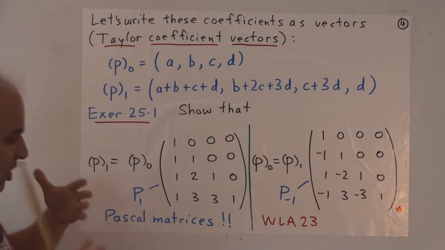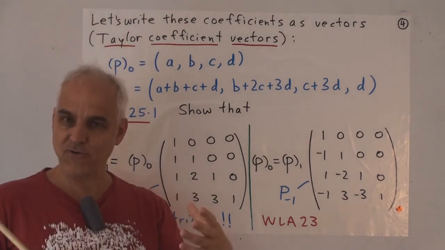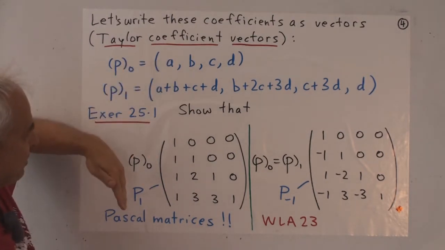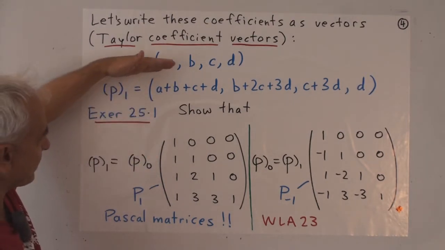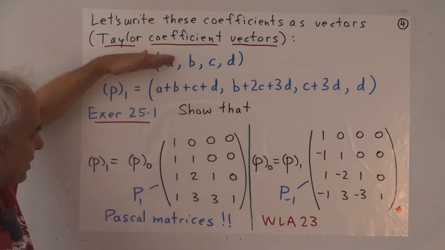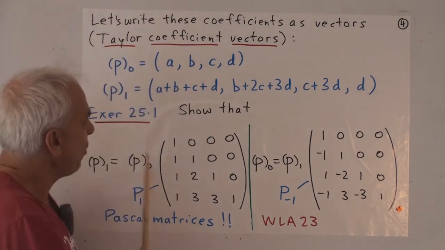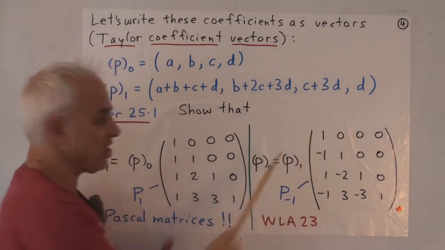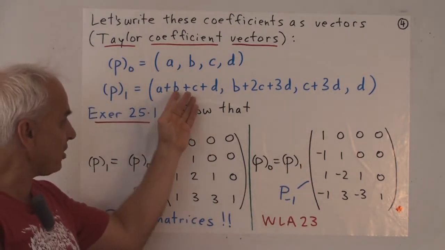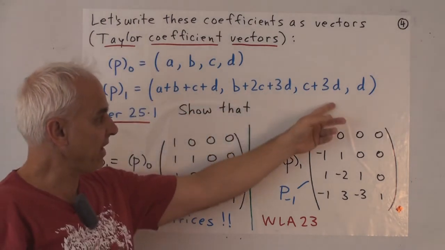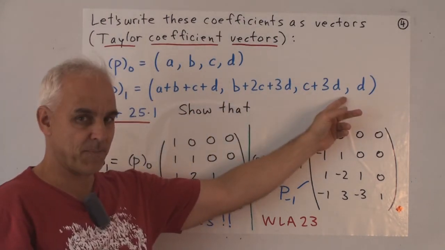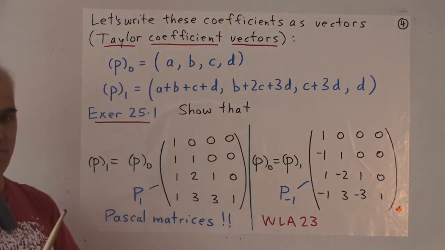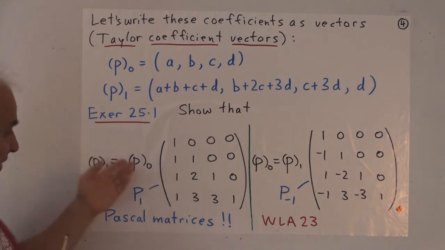Alright, so once we've done this and encoded the information just in terms of vectors, a natural question is, well, what's the relationship between these 2 things? Is this a linear operation to go from this vector to this vector? We can see that it's linear because the A, B, C, and D here appear just linearly. We're just taking linear combinations of them in the entries here. That means that we can actually write this as a matrix operation. And in fact we can.